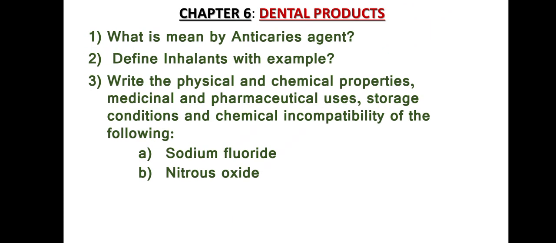Chapter 6, that is dental products. So there are 3 important questions in dental products. We can see one by one. First question, what is meant by anticaries agent? Second question, define inhalants with example. And third question, write the physical and chemical properties,